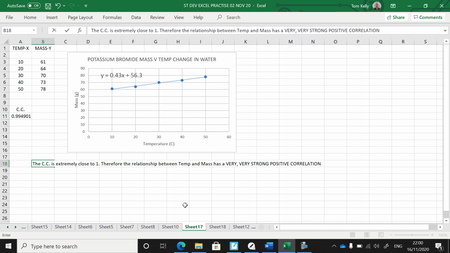You can probably just hear my typing over here. I think I'll go for that. Very, very strong positive correlation. Right. One thing I've not mentioned here is usually they ask a question about using the equation. So they'll say something like,